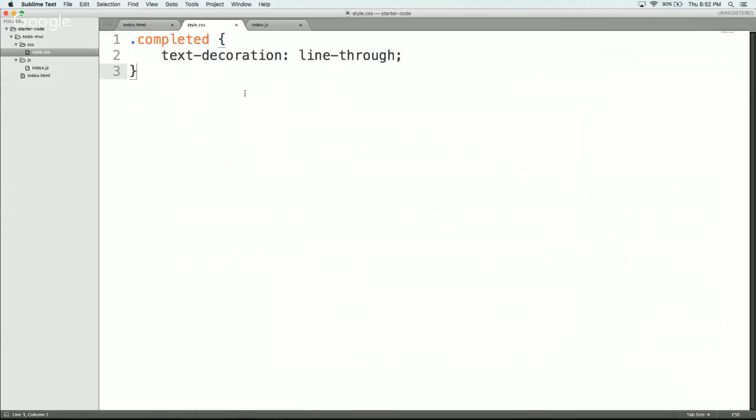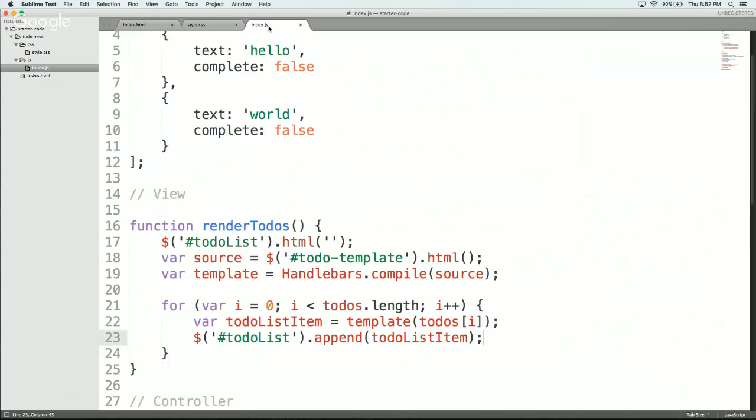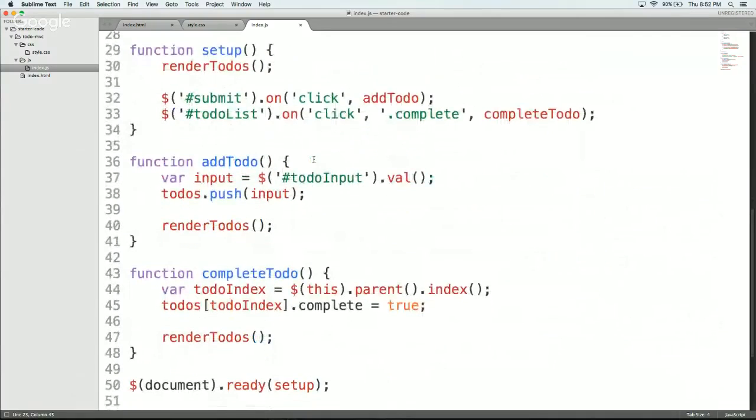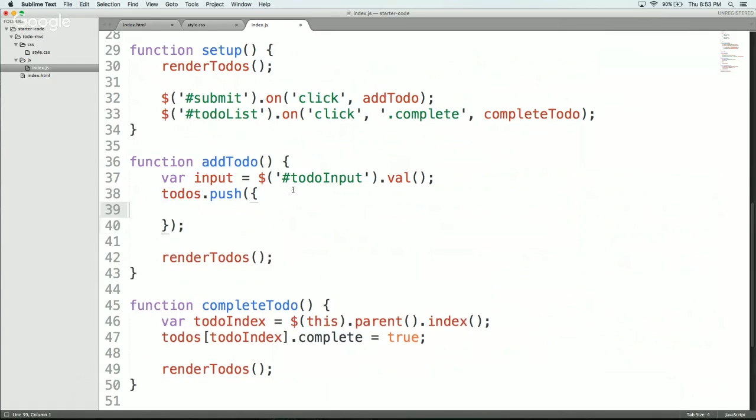Right. So if we look back at our JavaScript, when we're adding the to-do, we are just pushing a string onto that array of objects. Right? Because this input is just the text that the user entered. What we need in that array is an object. So we're going to have to construct an object here to push onto the array rather than pushing the string itself. We can do that just by putting an object in between those parentheses, and we'll give it a text key input